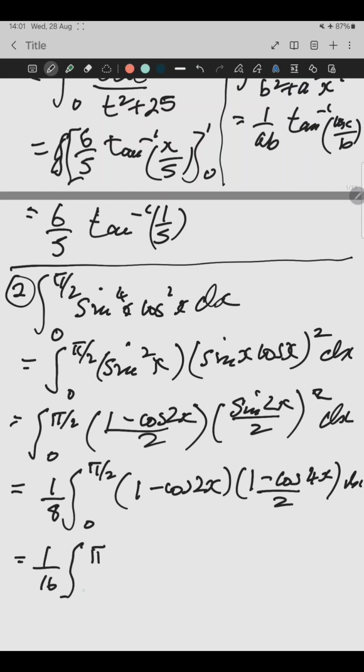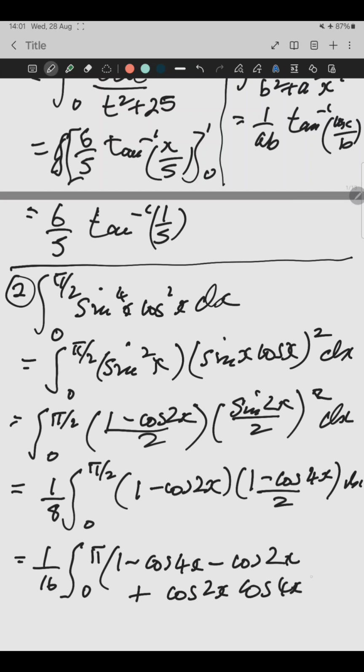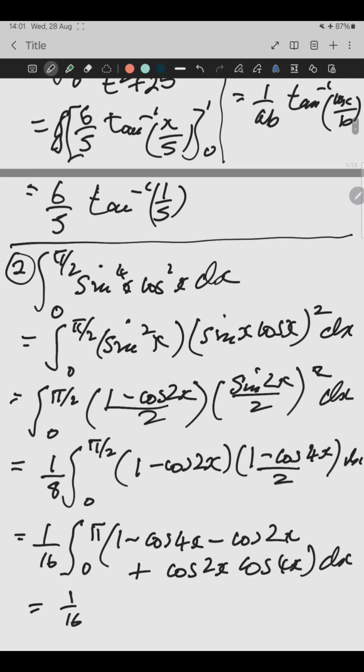Multiplying it all out, what do we get? 1 minus cos 4x minus cos 2x plus cos 2x times cos 4x dx, which equals 1 upon 16